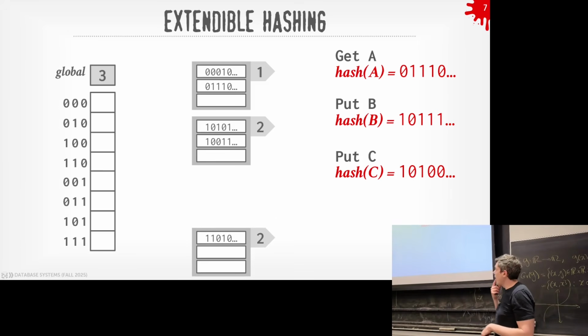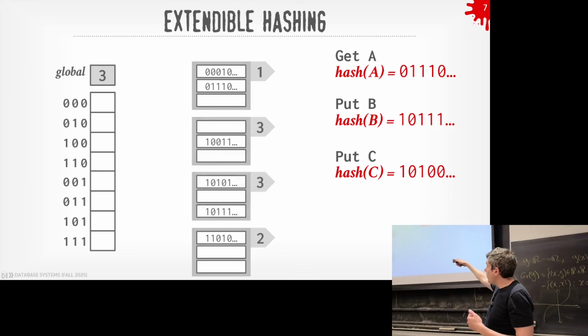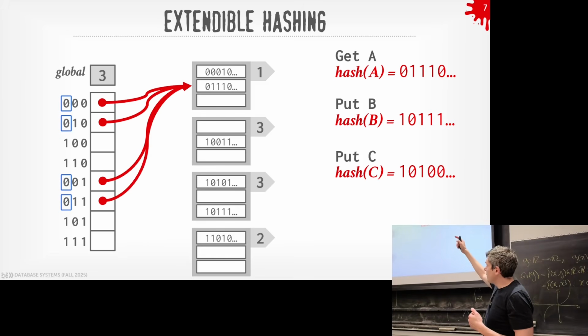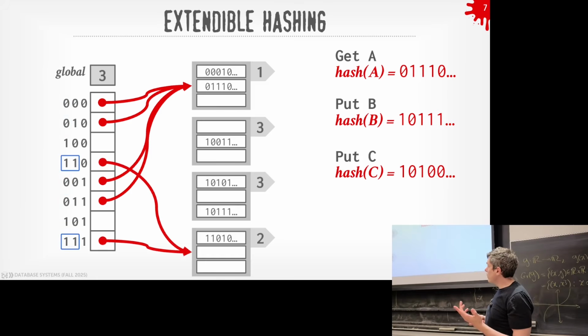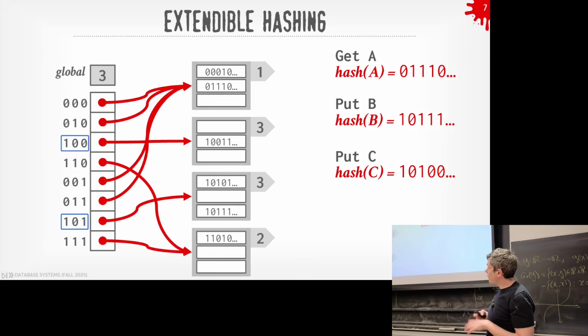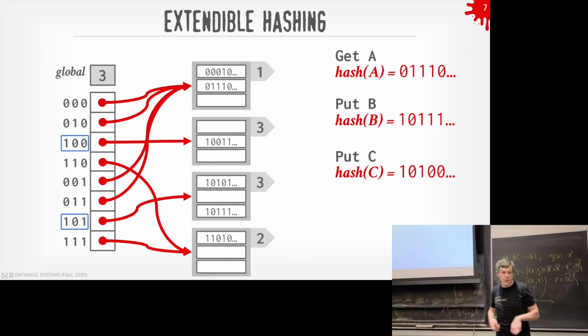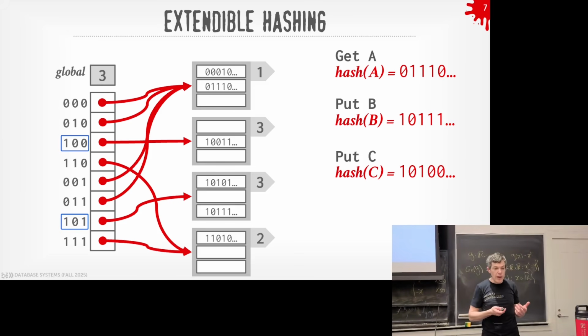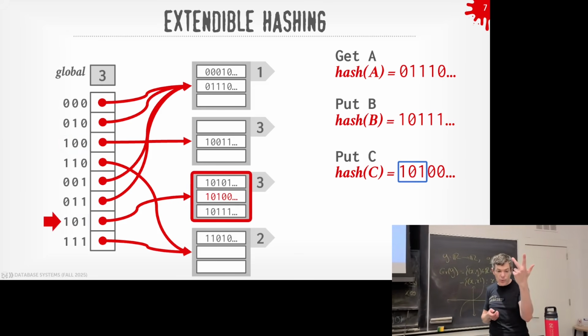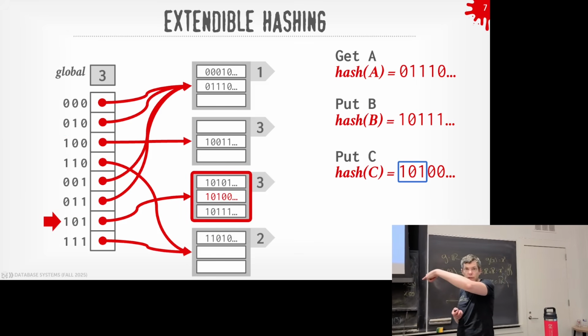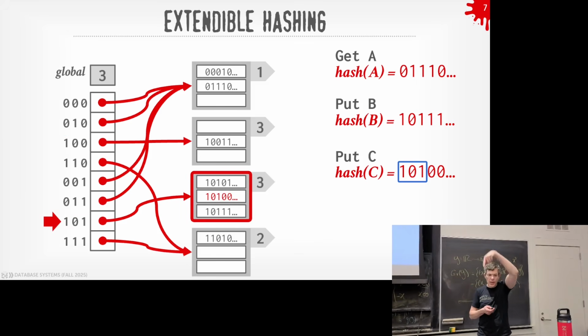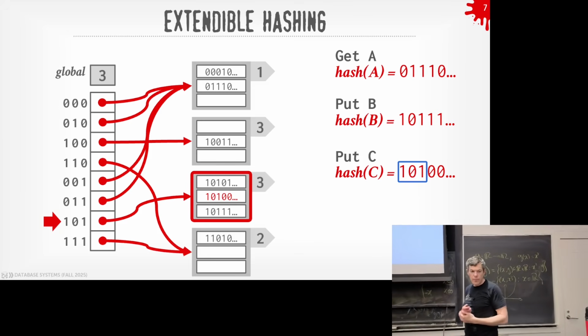So now that I doubled the size, I can split the bucket that overflowed, and then I set the global counter to 3, and then some of the buckets that weren't split still only require 1 bit. In that case, they're all pointing to the first bucket. The second ones that need 2 bits point to the other one here, and then for the ones that we split before, now they're using 3 bits, and they're now pointing to 2 different buckets. So now when I go back and I want to put C back in, again, now I look at 3 bits, I find the location in my bucket array, and I follow the pointer to the bucket that I want. Okay?